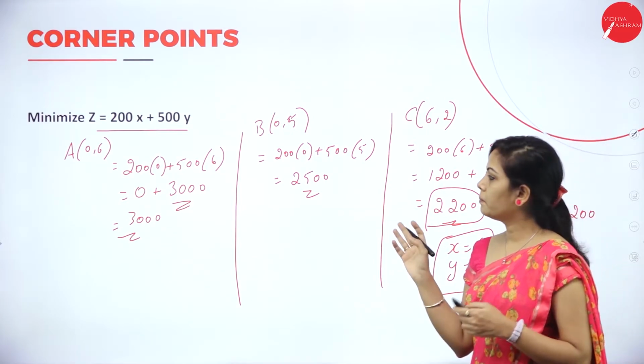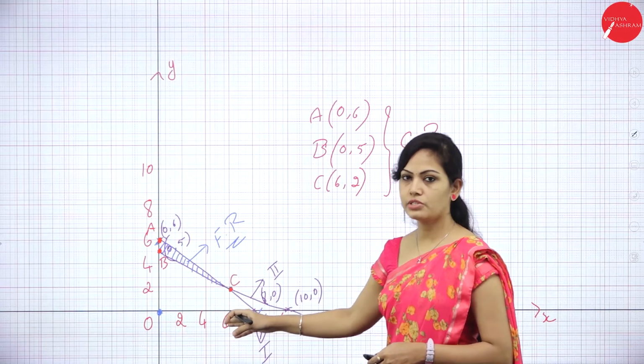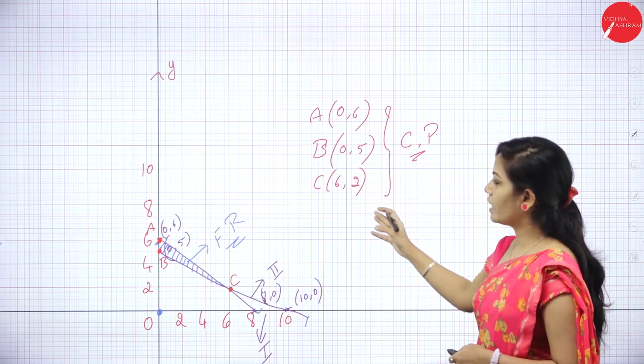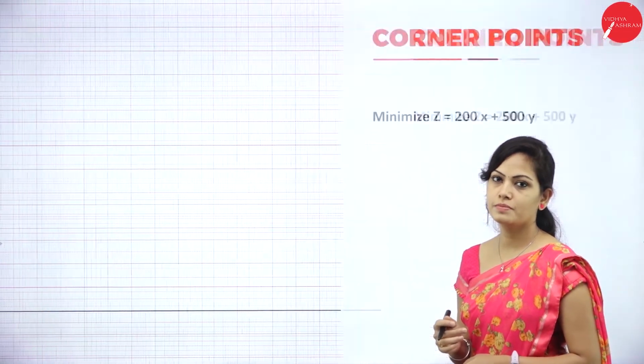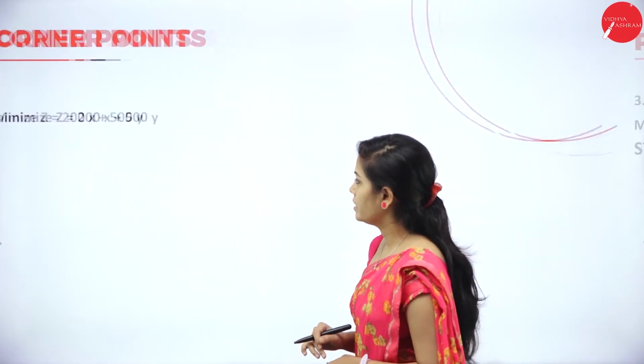So this is your minimization problem. Here you get a feasible region, and after getting the feasible region you can find the minimum value using these corner points. So this is about the minimization problem. And the next problem is